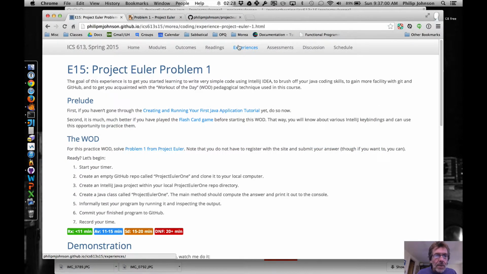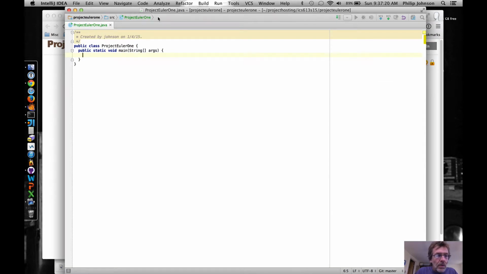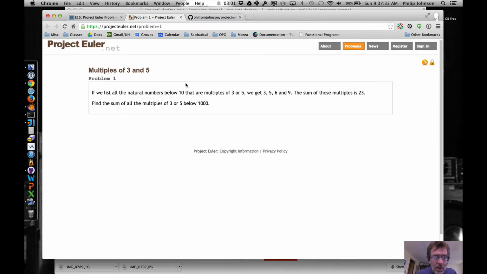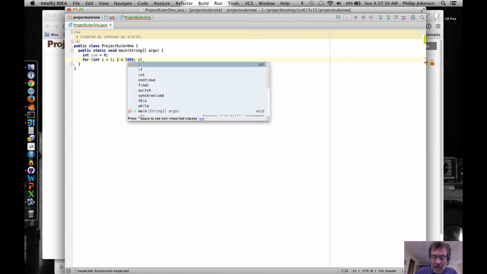And let's remind me of what we're actually having to do here. We've got a sum. Need to have a loop that counts up from 1 to 1,000, checks to see if the number that we're at is a multiple of 3 or 5, and then has a sum. So let's go back here. So one way to do that is to say int sum equals 0. And then for int i equal to 1, is it less than or equal to 1,000, or actually 1,000? Below 1,000. Okay, so i less than 1,000, i plus plus,